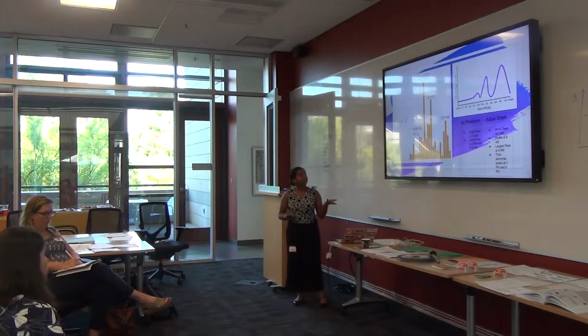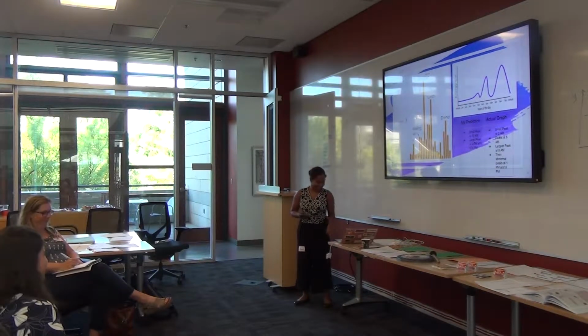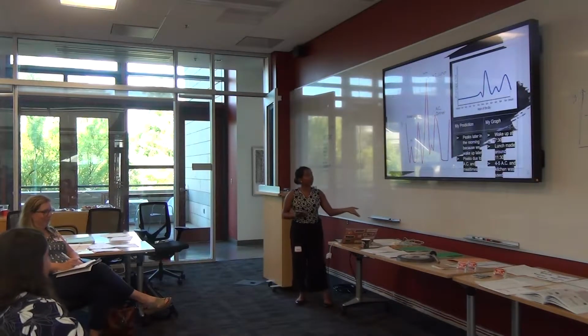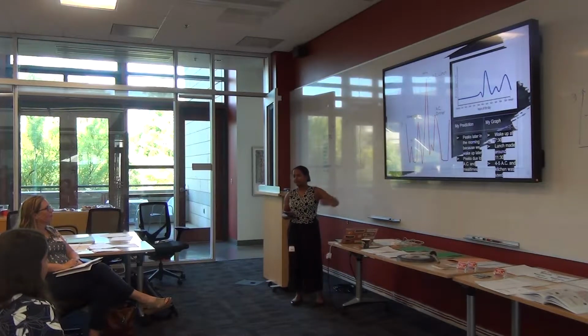When you see the graph, you can see my prediction versus the real graph, which has peaks when we're waking up, breakfast, lunch, and dinner. There are smaller peaks throughout the day due to light usage and fan usage, but I don't know what this one is at 2 a.m. So this is for a weekend. Again, I don't know what we're doing at 3 a.m. that causes that energy spike, but using the AC and lunch, because it was a particularly hot day that day, and we have peaks later in the day.